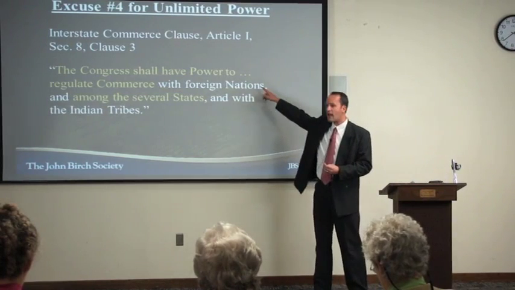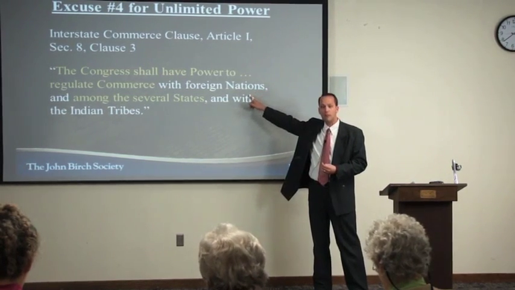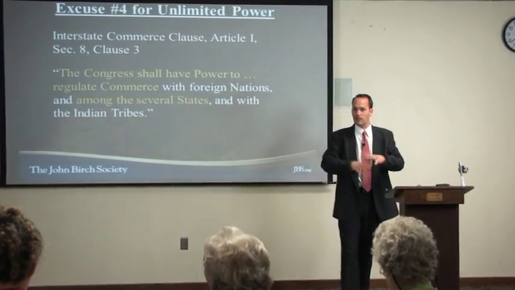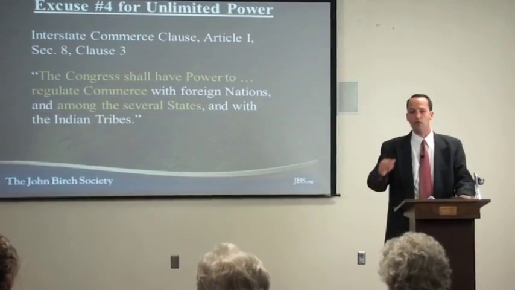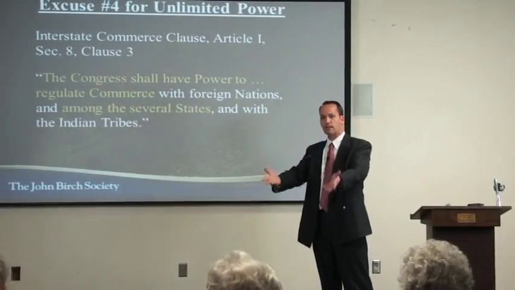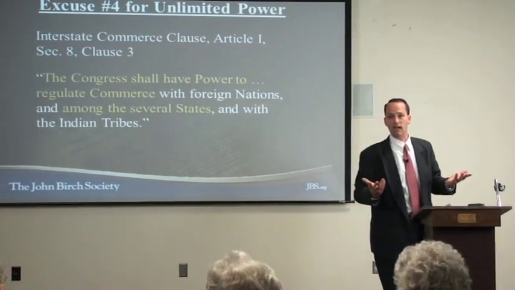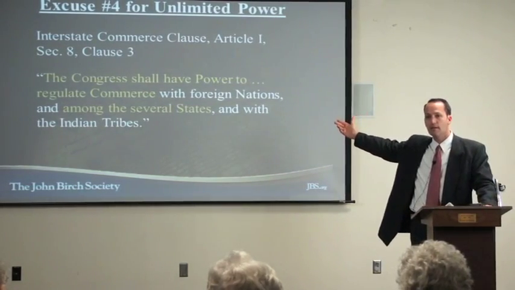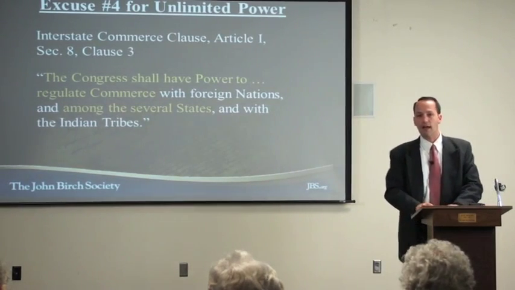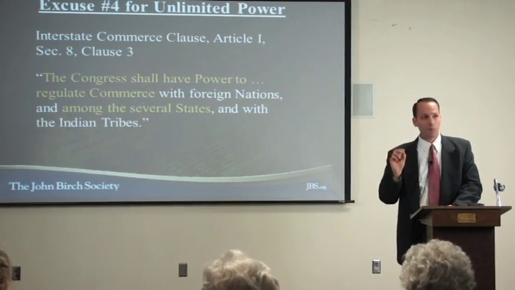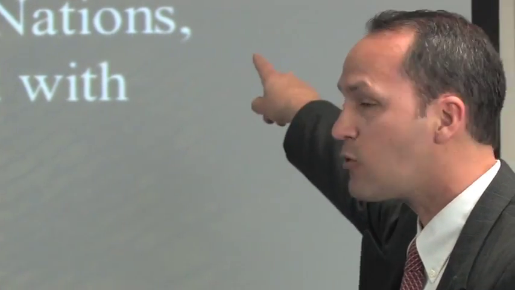What power do they have with foreign nations? That's the only power they have with foreign nations. They can't tell France what they can do and what they can't do with their commerce. All they can do is put a tariff or impost or duty, meaning product coming from France, 10% tariff as it crosses our border. That's the only power that Congress has over foreign trade. And what it says here in Article 1, Section 9 is that power is forbidden between the states. The only thing they can do with foreign countries, they cannot do with the states. In fact, it's their duty to make sure that there are no tariffs between the states.